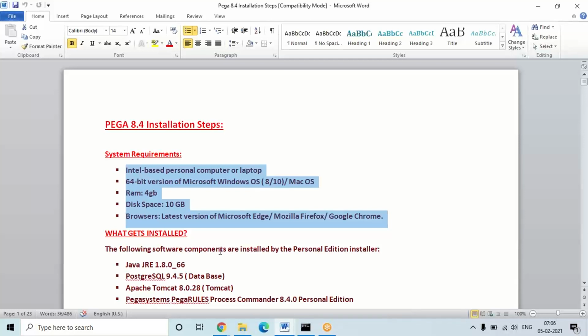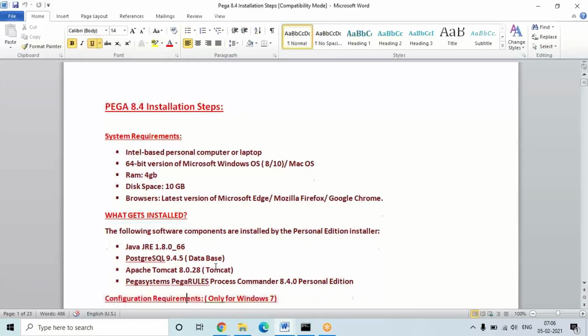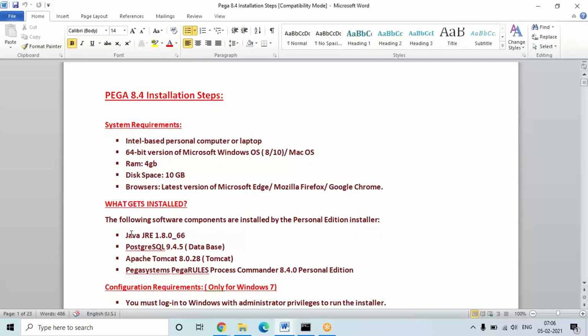And when you install this Pega package, Pega comes with different things. It will install Java as part of the Pega setup, and one database server and PRPC. Here PostgreSQL is the default database, and Tomcat is the default server. In most of the personal editions, you'll be getting this database and this server.